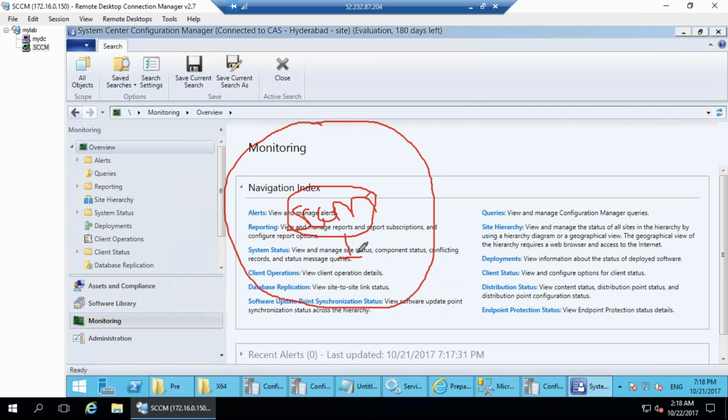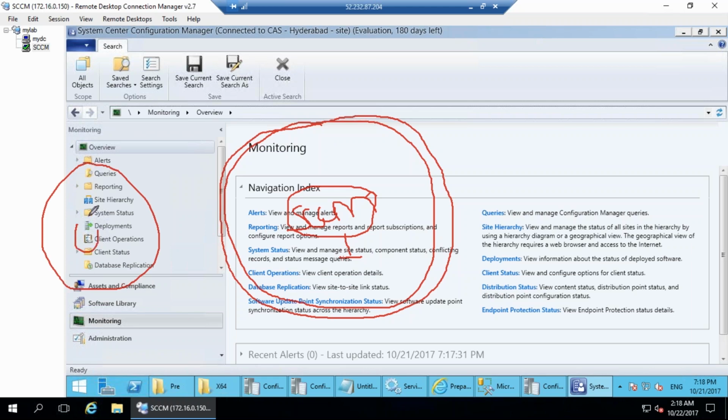So you should be careful that whatever location you have has a boundary. You may have offices in some other location, so the machines in those locations shouldn't come and talk with this system server. If they are talking,